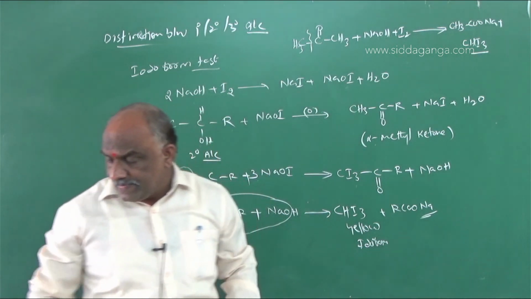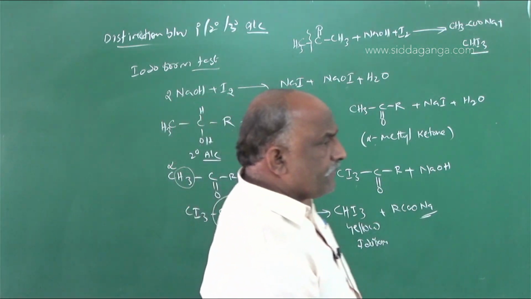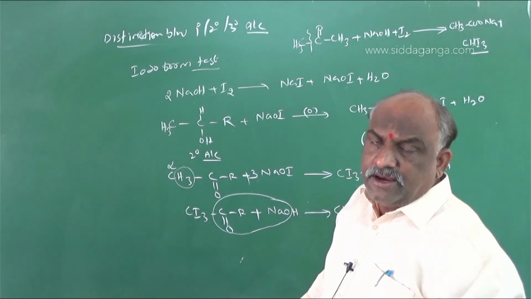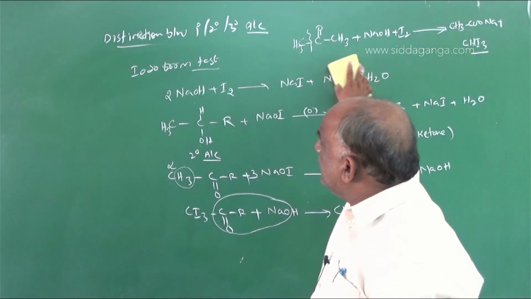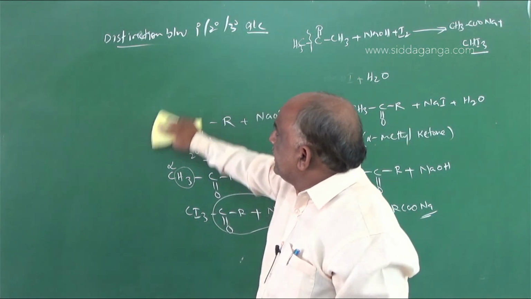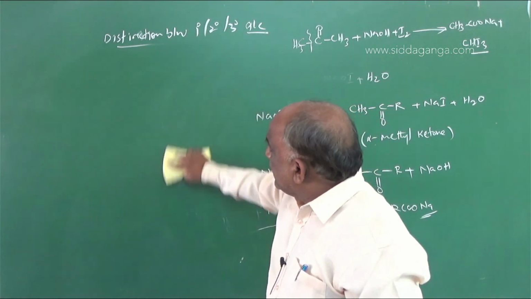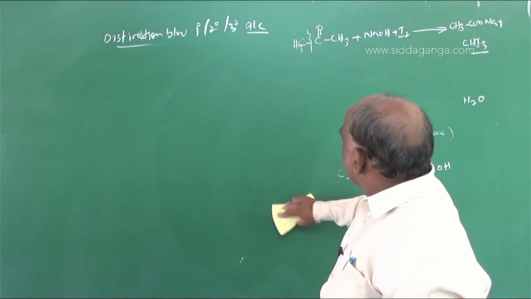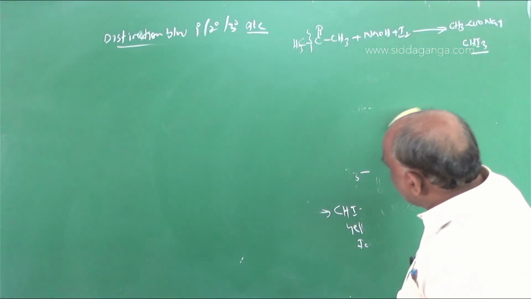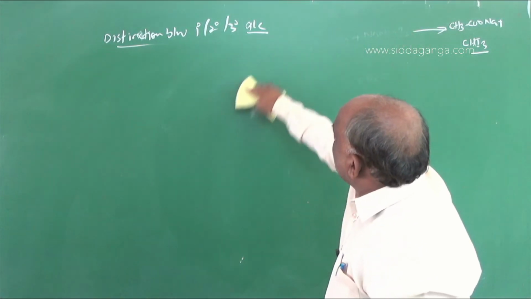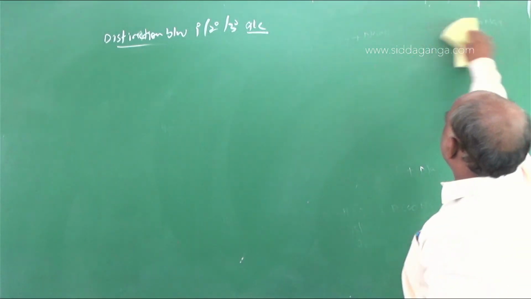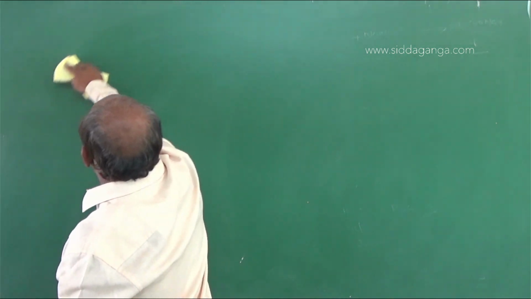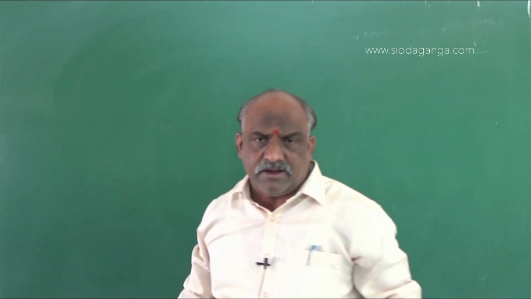So this is the importance of the iodoform reaction. The iodoform reaction can be observed only with alpha methyl ketones and secondary alcohols, and it distinguishes between acetaldehyde and propionaldehyde, and between ethyl alcohol and propyl alcohol, by the iodoform reaction, because we require alpha methyl ketones. So these 3 are the additional information regarding alcohols and phenols.